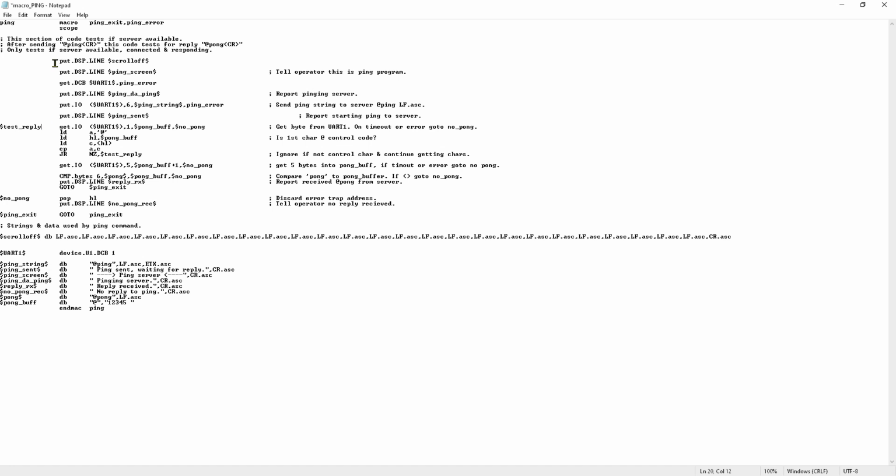But my macros are mostly based on the verb, noun format, whereas the verb comes first, then the noun, and the verb is in lowercase and the nouns are in uppercase. I figure we landed on the moon with these type of commands. It's probably good enough for a TRS-80. So here, put is the verb, put, display line, DSP line,